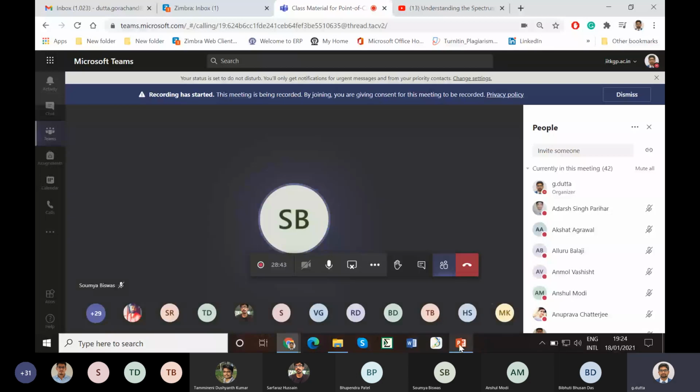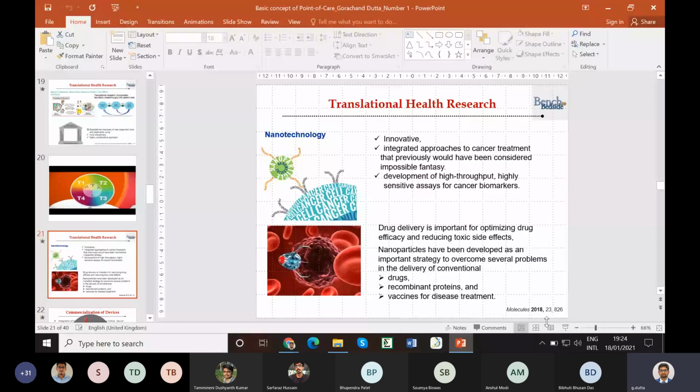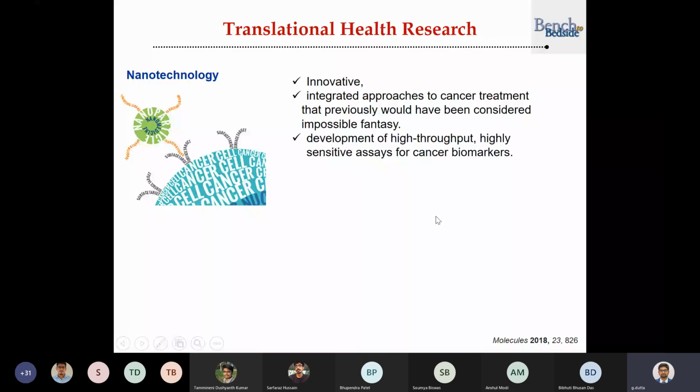So see here, translational research means in this case we can use some technology. Let me show you some technology. One technology is nanotechnology. We can use nanotechnology for different innovations. It is so important and so innovative because we can integrate these approaches for not only cancer treatment, but so many